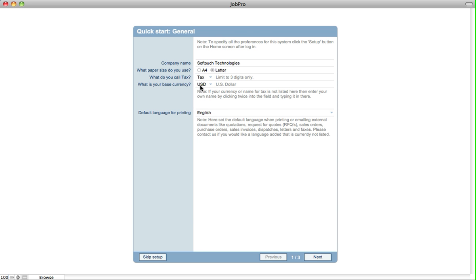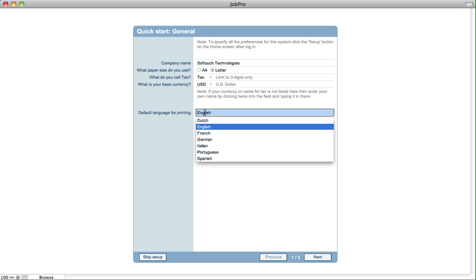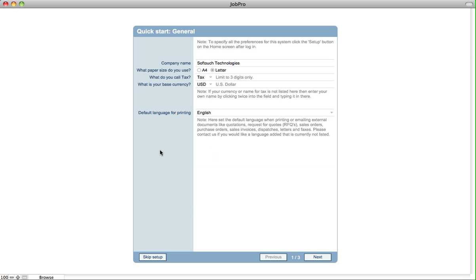You can put in your base currency, and you can specify that when you print documents like quotes, sales orders, invoices, purchase orders, and various other documents, you can specify the default language to be a number of different languages. Also worth noting that on printing various documents, you can change the language at that time of printing a document as well. So if we go on to the next screen,